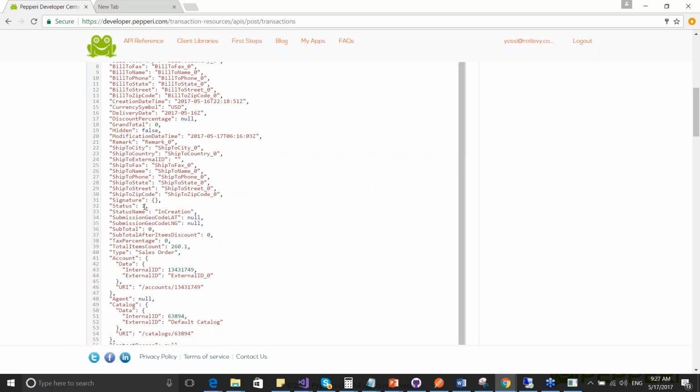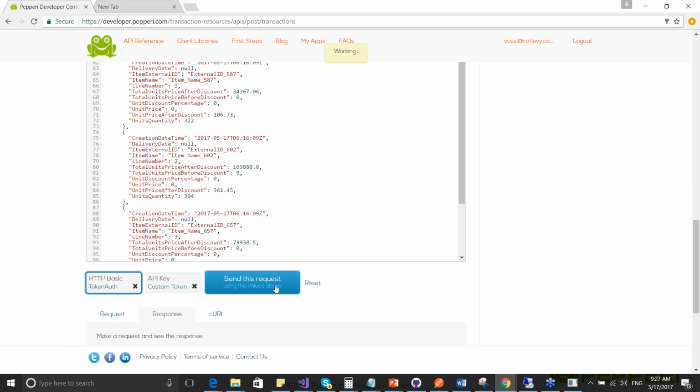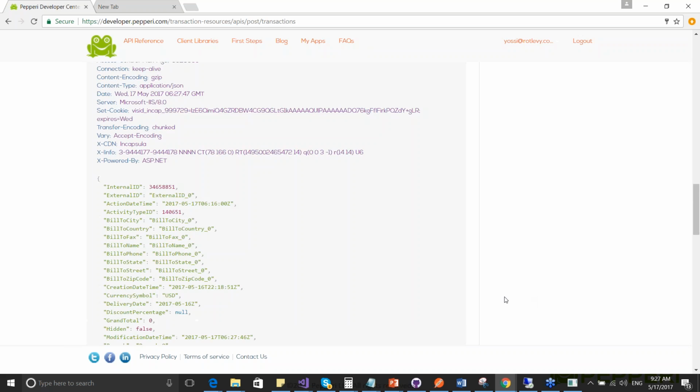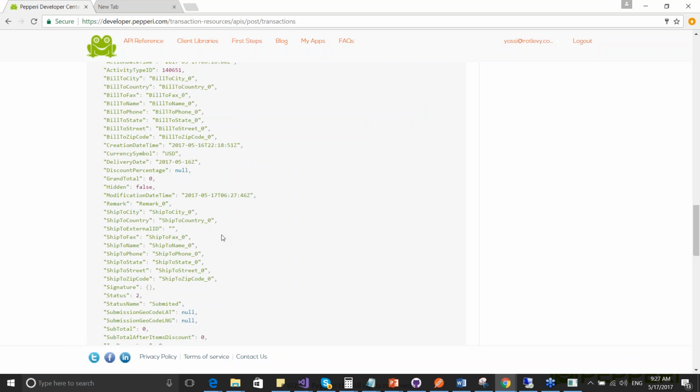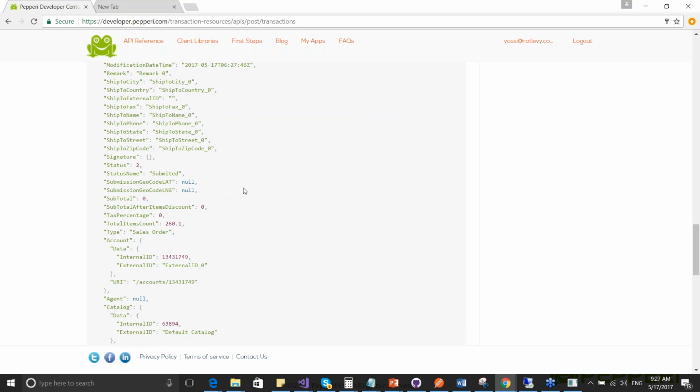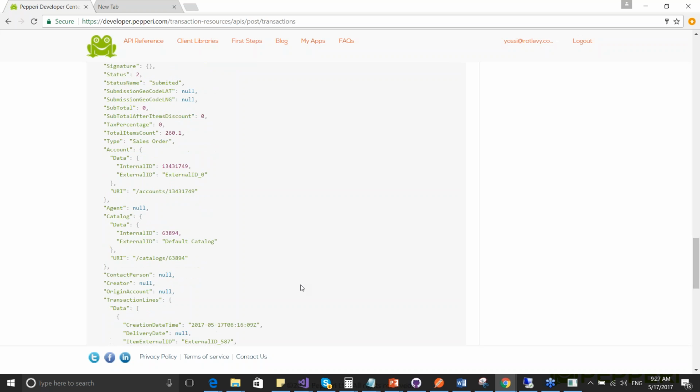An important field here is the status. Now that the transaction is in creation, if I want to update it to submitted, I will change it to 2, and you will see the transaction change to submitted. Okay,